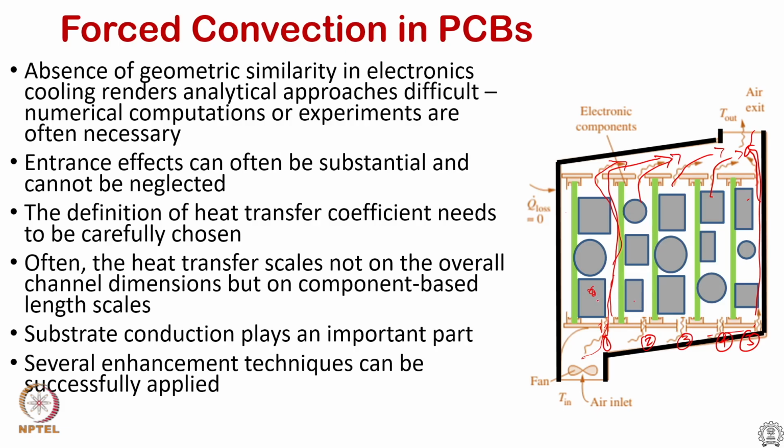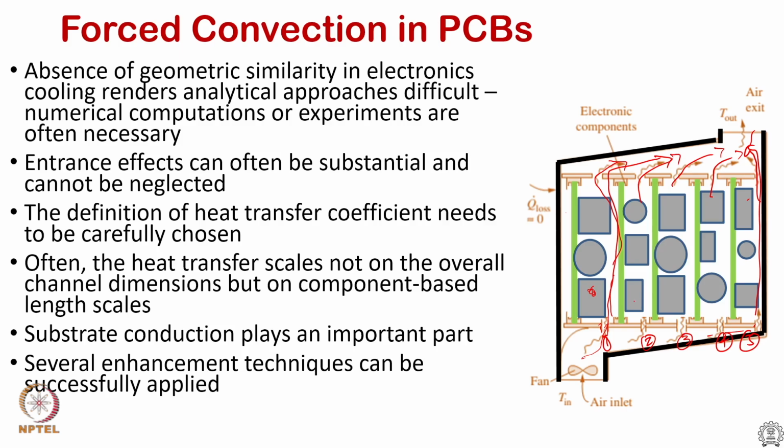Coming back to this, you can see that the power levels are changing, the geometry is also changing everywhere. So, how do I define, typically when we approach a convective heat transfer problem, we calculate a Reynolds number, look for a correlation if we can't find an analytical solution, and get the heat transfer coefficient. After finding the heat transfer coefficient, knowing the surface temperature, we calculate the amount of heat that can be dissipated by that arrangement. However, here there is no geometric similarity, or you often need to encounter turbulent effects,